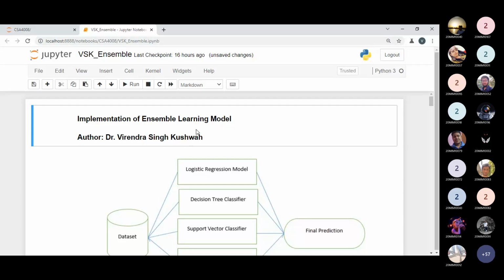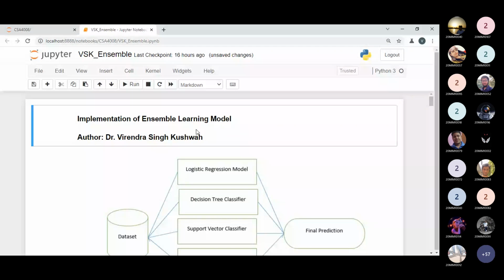Students, today we will see the ensemble learning model as a practical part. What I did in my lecture, the practical part of this one, we can say in two parts. One is to check the performance of the big learner, and what is a big learner? That is a big question, so I will tell you. Second part, we will implement the ensemble.